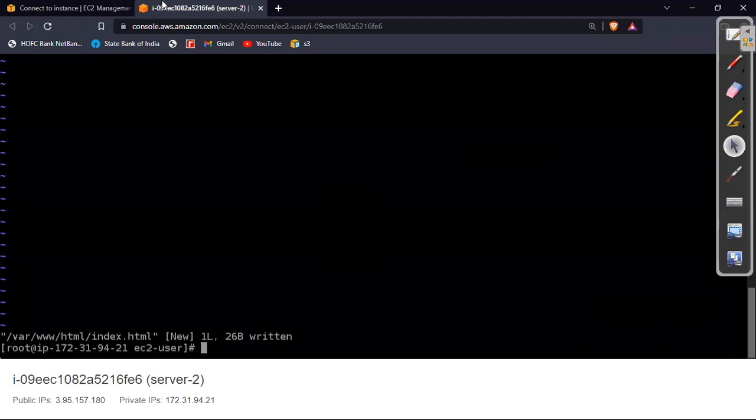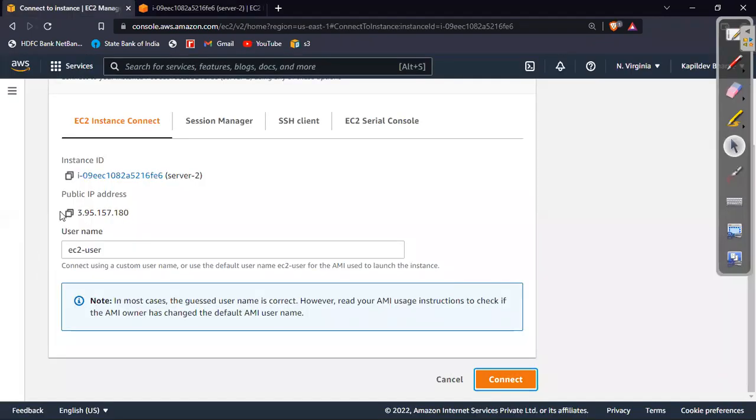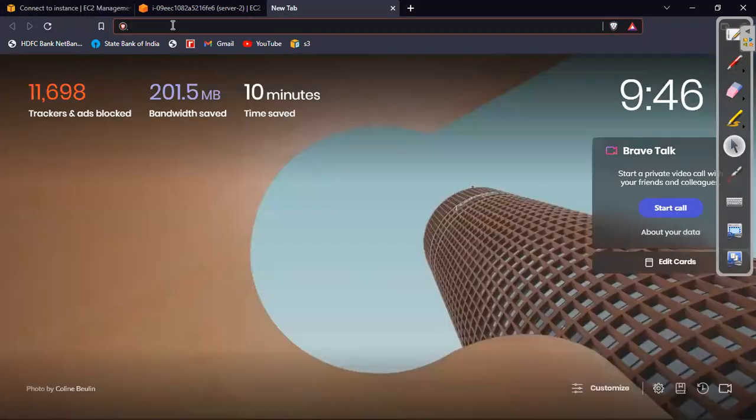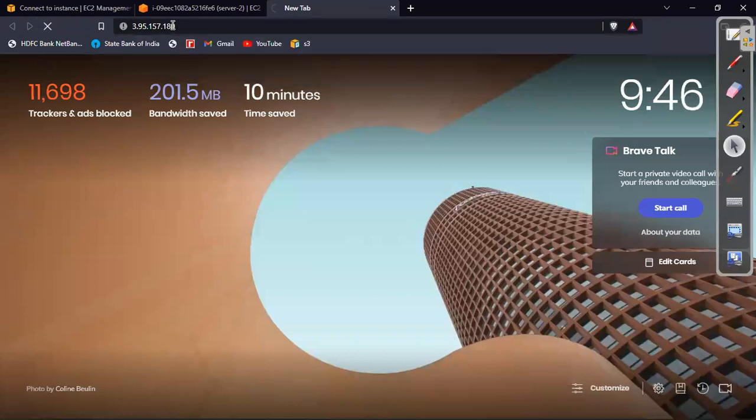And if you go to the console and type this address and press enter, see, this is the second server. So we have two websites now with us. Now in the next session we discuss